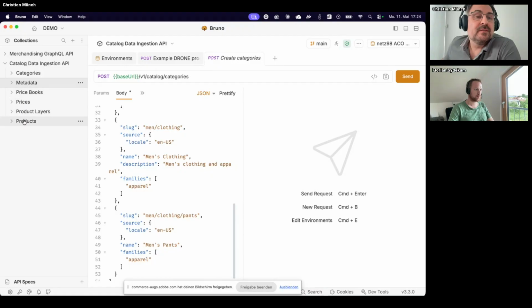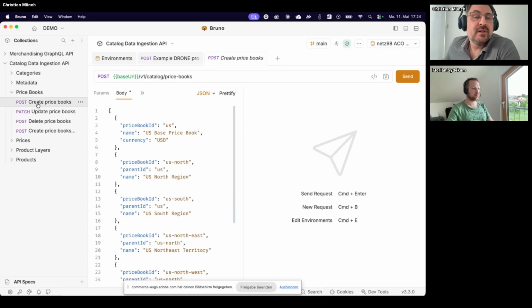And products contain the master data of products. And prices and price books are also in relation to each other. So it means you have first to create a price book. Just this simple element here, get an ID, a name, and a currency.